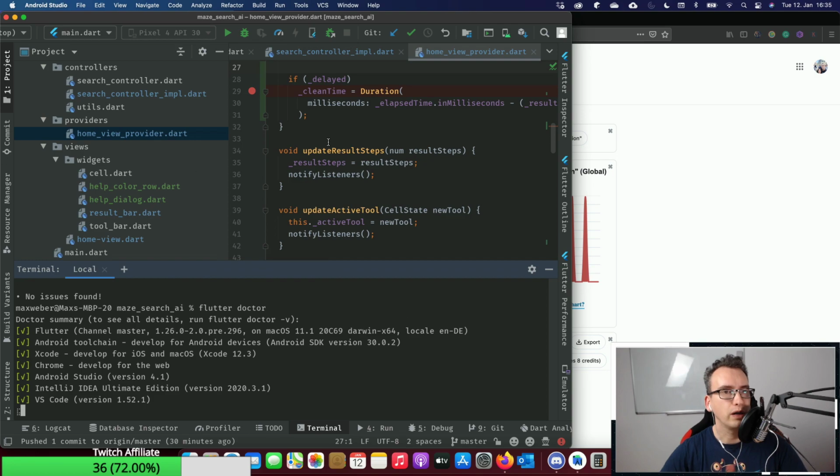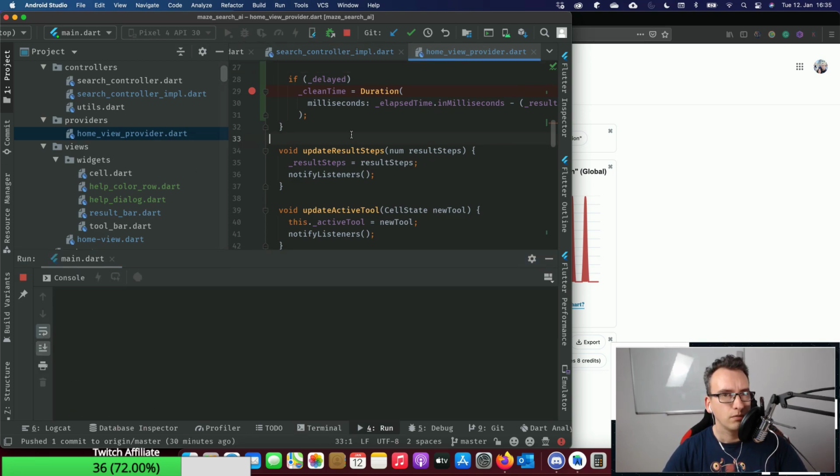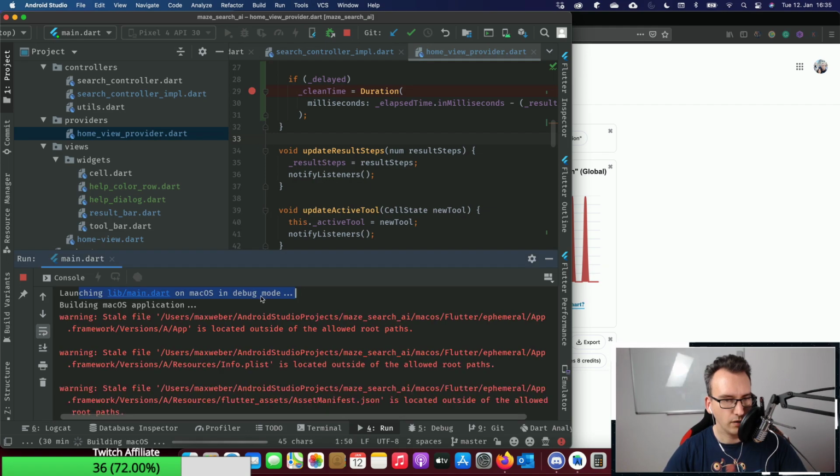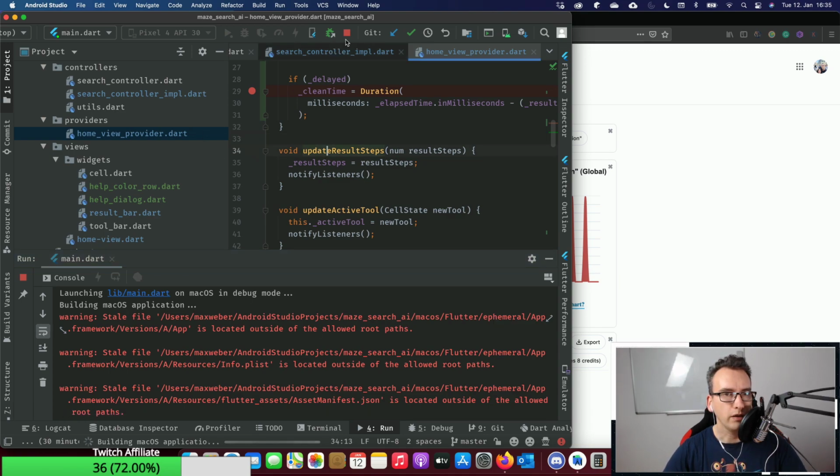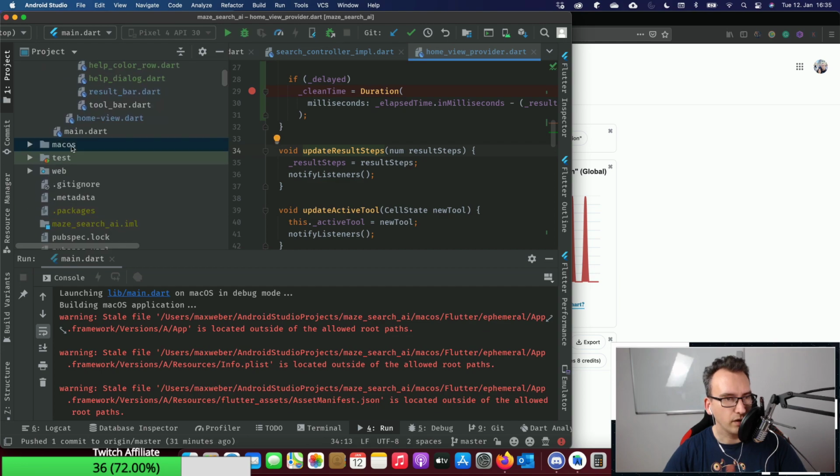Okay, that looks quite good. Launching in debug mode, stale file, macOS ephemeral. Okay, does someone have a good idea what happens here? Why is that a problem?